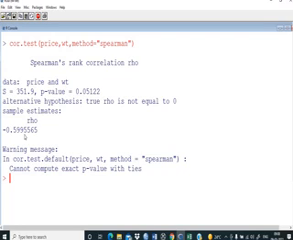Now there is a warning message, cannot compute exact p values. If you want to get rid of this warning, then you write the same command, just put a comma and write exact equal to F. Exact equal to F means I don't want the exact p value, give me an approximate p value. In that case the same thing will run